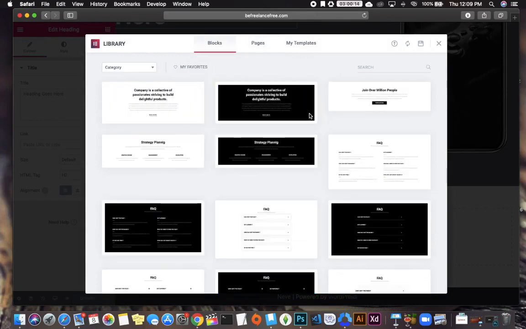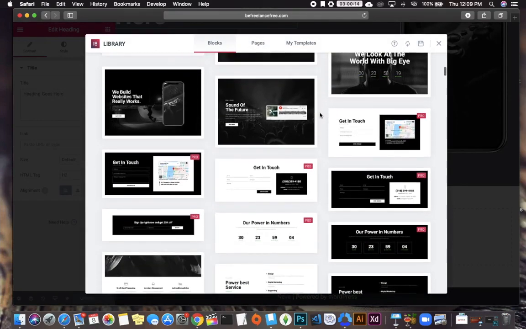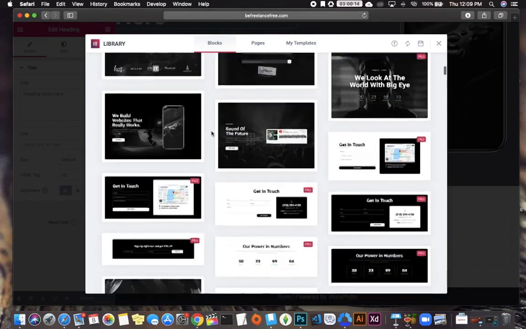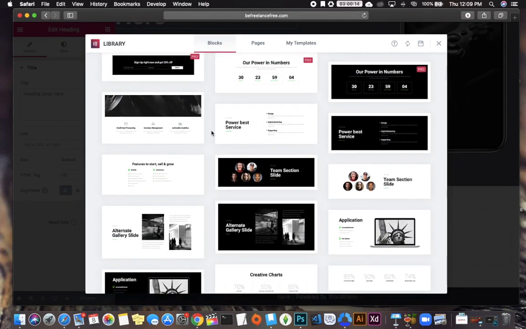You can click on blocks, and some of these are pro. Now, if you plan on building a lot of web pages with Elementor, it is a good idea to just go ahead and upgrade to pro. You get, or the pro account, there's just a lot more options. You have access to all of these little templates in here. You don't really need to, but you know, if you build a lot of web pages and you like shortcuts and whatever, if you just want access to everything, you can go ahead and